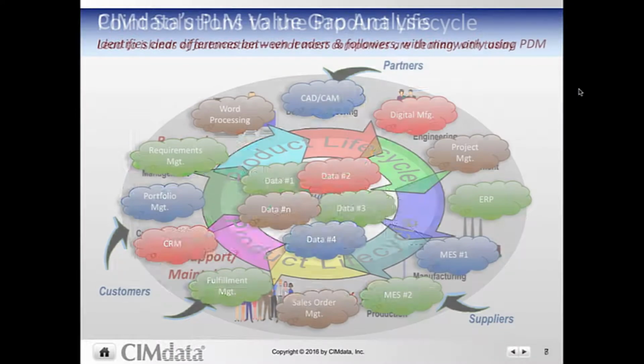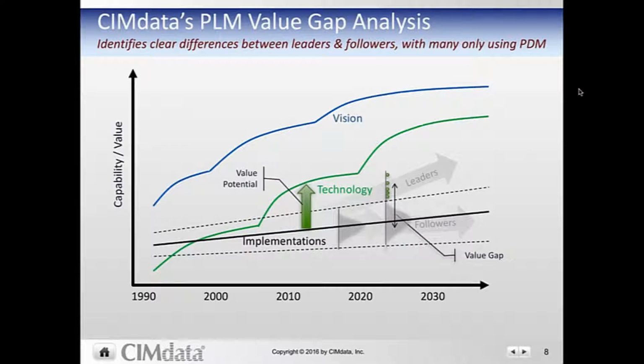And in recent years, we've done a number of studies that really have shown the truth that's going on in businesses. Now, this is a value gap analysis that CIMdata did just a few years ago, and we continue to update this and look at different industries. This one was done in the aerospace and defense industry specifically. And what this is showing is the green line. It's basically what the PLM technology available at any given time, what its capabilities are,